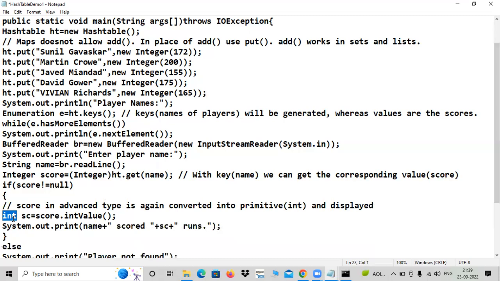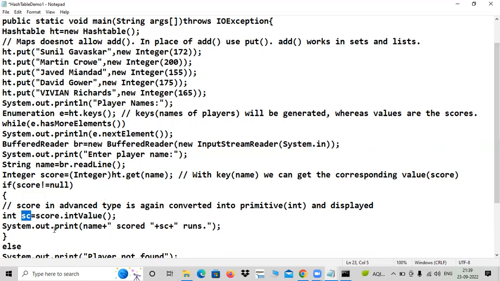Advanced is official, but when coming out its format again should be normal format which we can understand, that is primitive basic, only basics we can understand, right? So again using the intValue method, that score is converted into primitive type of data SC, and the same SC